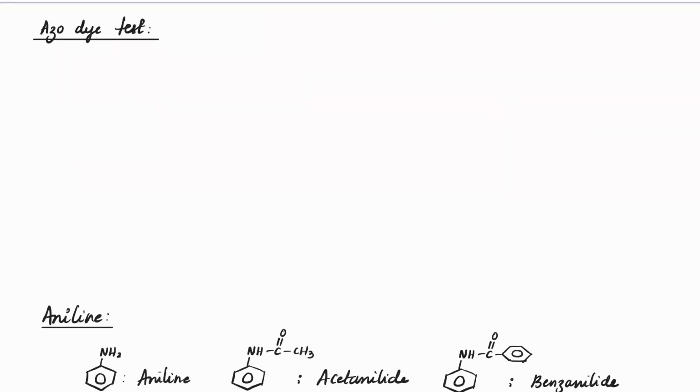Next, azo dye formation. Let's see what is azo dye formation. In case you have aniline, you know that the ring is very, very active, an activated ring. When you react it with a diazonium salt, maintaining the pH of the solution between 4.5 to 6,